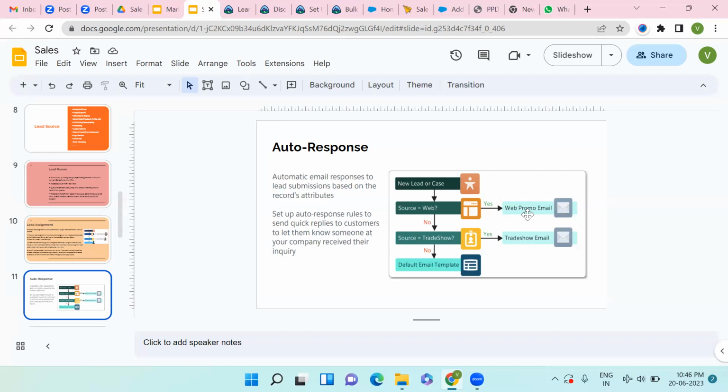You can create an email template for the particular web, particular trade show, or a particular customer telephoning, or as the requirement suggested by the business. So this is auto response. Auto response means you are acknowledging to the customer that you have now successfully entered our business. That's the auto response.